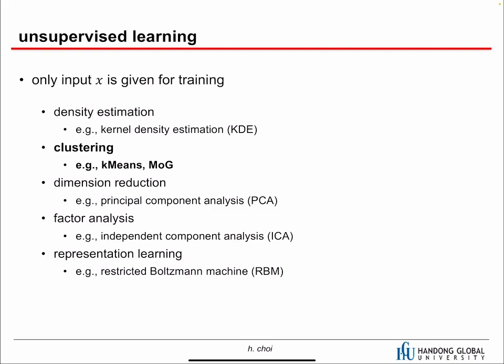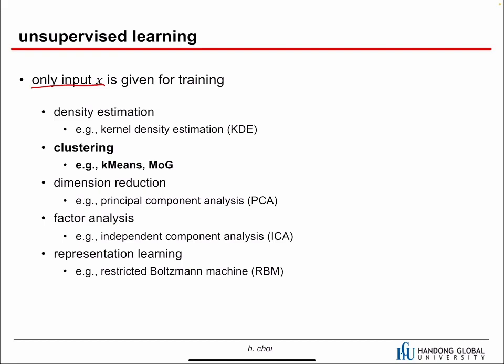Okay, unsupervised learning. In this learning, we don't have labels. We have only input X. So without the label, what can we learn actually? Obviously we cannot learn a mapping function from X to Y, right? From input to output. We cannot learn such a mapping because we don't have labels. Then what can we do?